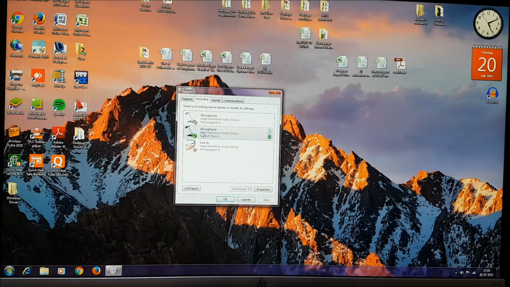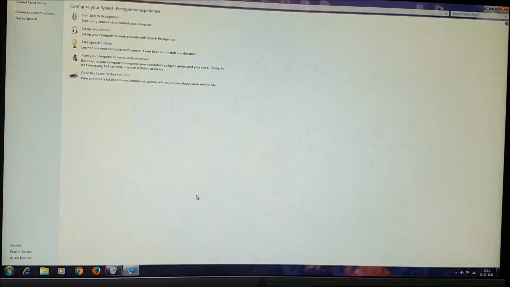microphone driver is detected, and your device has found out that this kind of device is installed here. But now you need to make your desktop aware that you have already installed a microphone, and you need to record voices with that. In order to do that, all you need to do is go to configure here. You need to click on here,